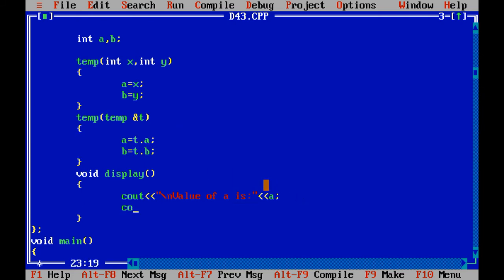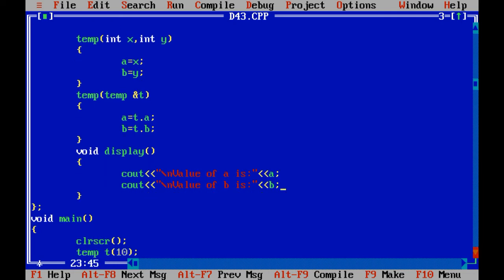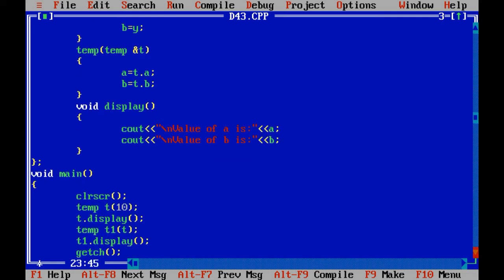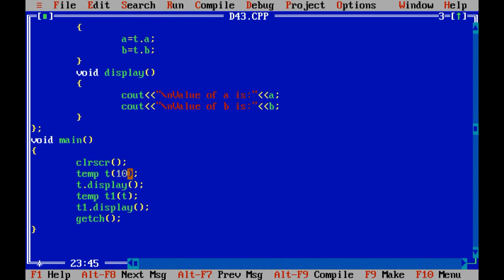Let us print value of b is and b. Now from void main, we just need to pass two values to the constructor t.